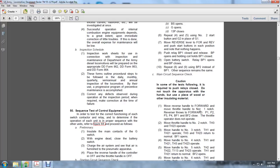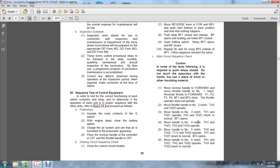BF1 opens. Move the handle to the notch 4. The TH1 and the TH21 and the TH3 and TH23 return. So these build on top of each other at each notch. Move the handle to notch 4, TH1 and TH21, TH3 and TH23 operate. Move the handle to notch 5, TH2 and TH22, TH1 and TH23 operate, TH1 and TH21 return to the normal, BF2